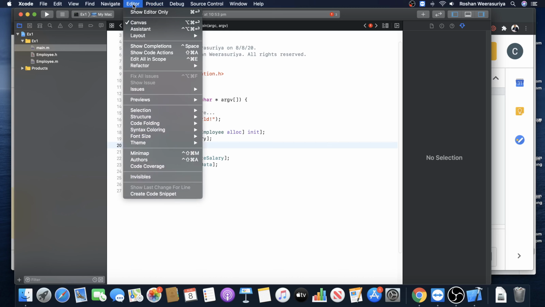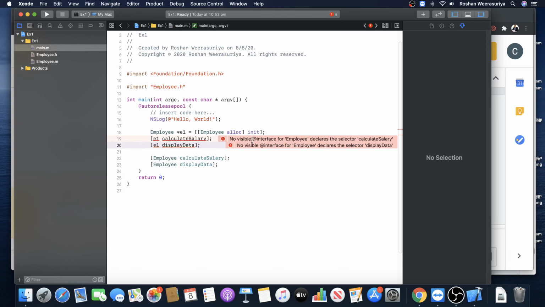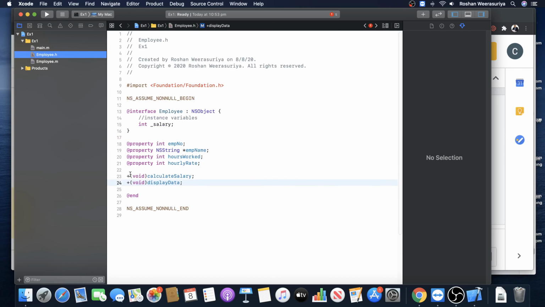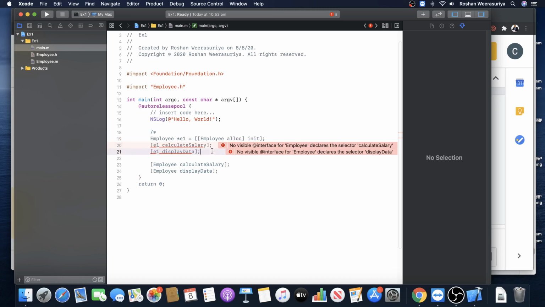So if I compile this, see, it says no visible interface. So why? Because these two methods are class methods, so I can't call them on instances. So I will have to comment this line. I can't do it, right? Awesome. That means when you call these two methods,